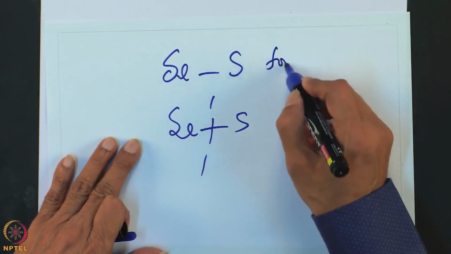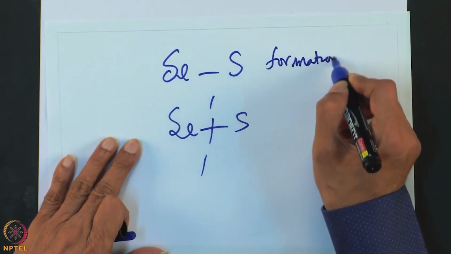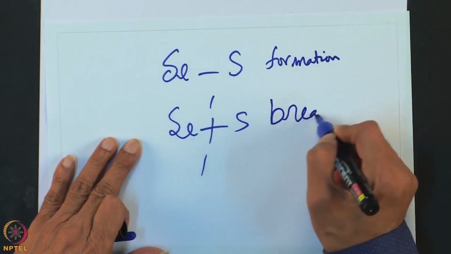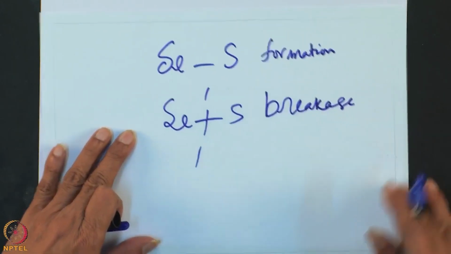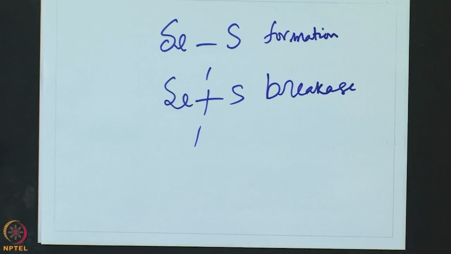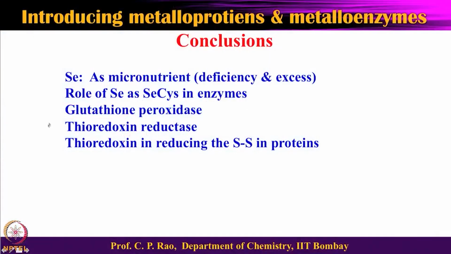So, formation and breakage. So, this is the main mantra for this entire enzyme. So, that is where the selenocysteine is working, and the glutathione peroxidase, as I mentioned to you, will act on the H2O2 and then make it into water, and then I have talked to you that this is coupled with glutathione